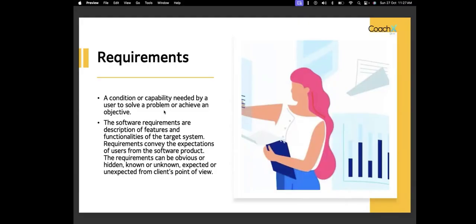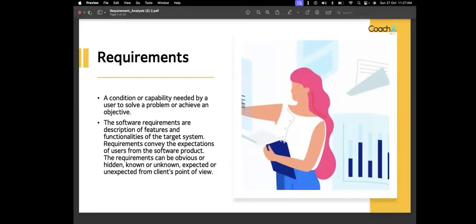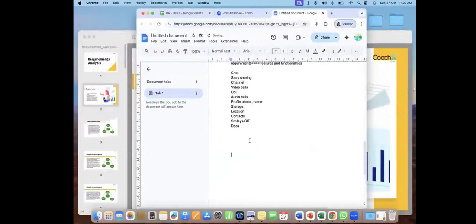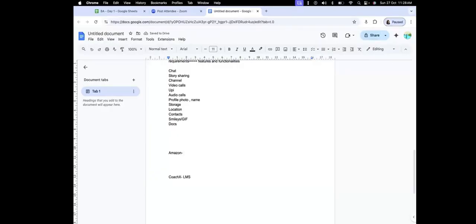Now, the companies who are using software, what do you think is the objective of these companies for using software? To make their work easy. And to make their product user friendly. Yes. Let's take the example of two companies, Amazon and Cochex itself. Do you know we have LMS in Cochex? Are you aware of LMS? Okay, so LMS is actually a portal